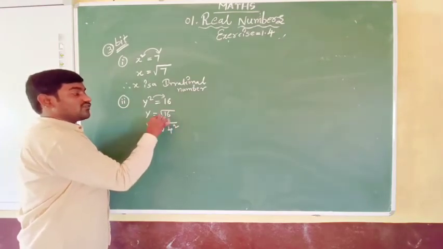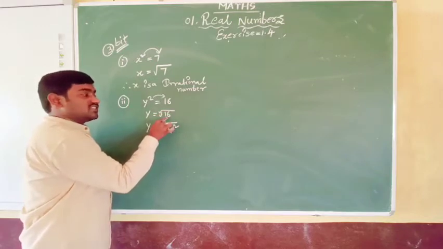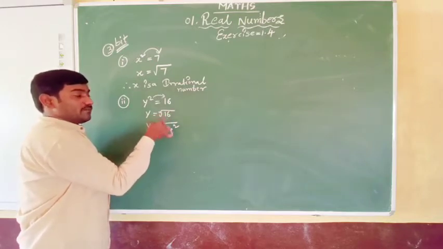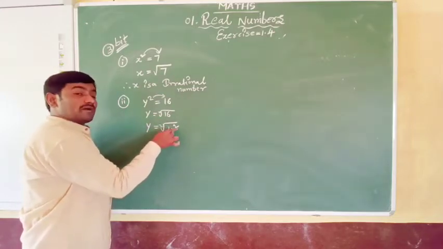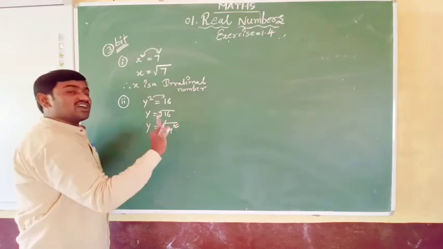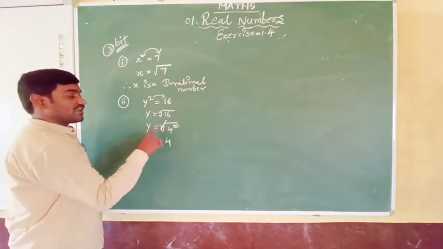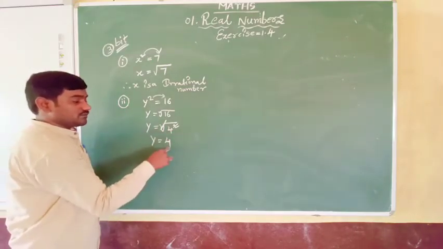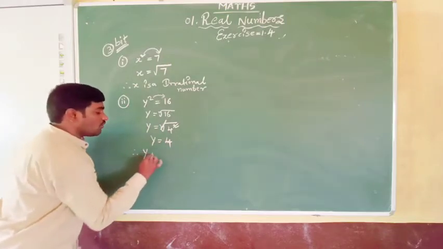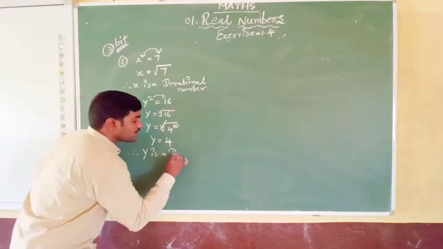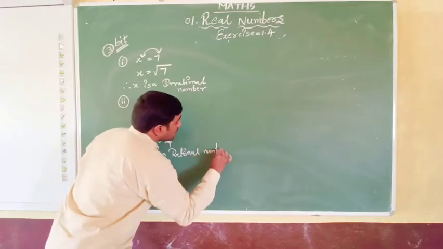So it is a square root and it is a square. So it is not in the form of nth root of a, where a here is 16, which can be written as an nth power of a number. The nth power here is 2, so I have written 16 as a power 2. So in this case they are not called surds. They are called rational numbers. When square and square root get cancelled, what is left here is 4. Therefore 4 is a rational number. So y is a rational number.